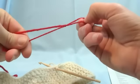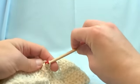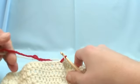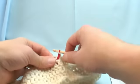Put that on, and we want to use that red as the slip stitch, pulling it through like that. Okay, so now let's trim the white out, just like so. We're just going to trim it. So the white is now done for this particular project, so now it's up to the red, and according to